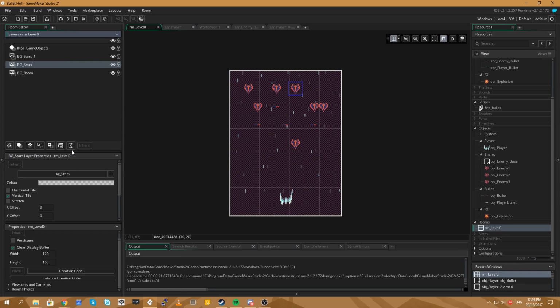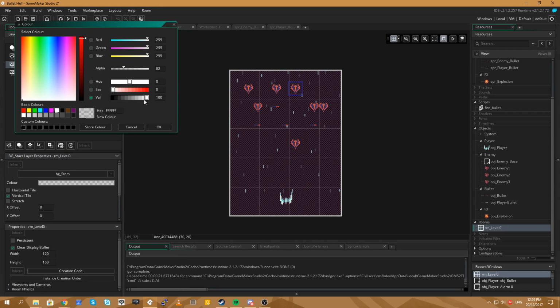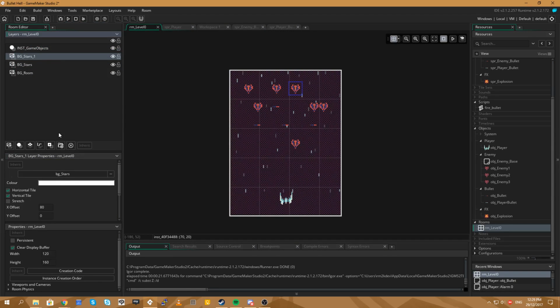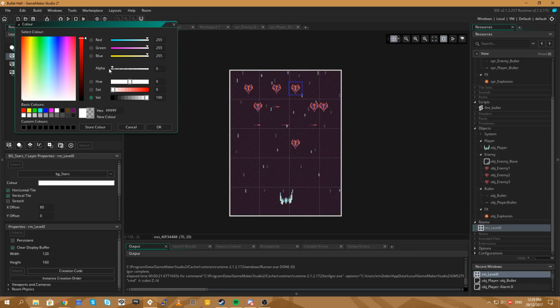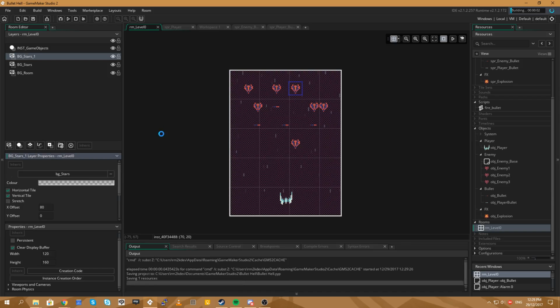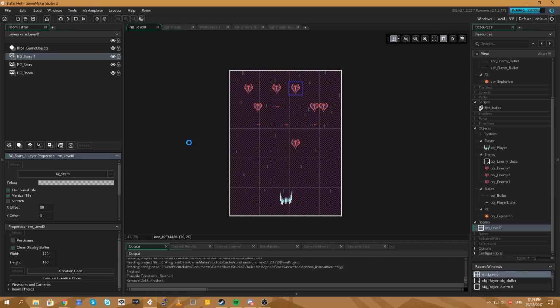So what I'll do is I'll just lower the opacity of... Which is the slow one? This is the fast one. So these should be brighter because they're closer. So these are going to be... Let's set these guys to 100 alpha. There we go. And let's set these guys to like 26 alpha. There we go. Now the game should stand out a little bit better.